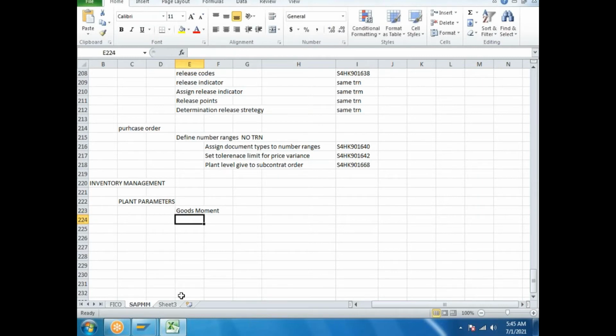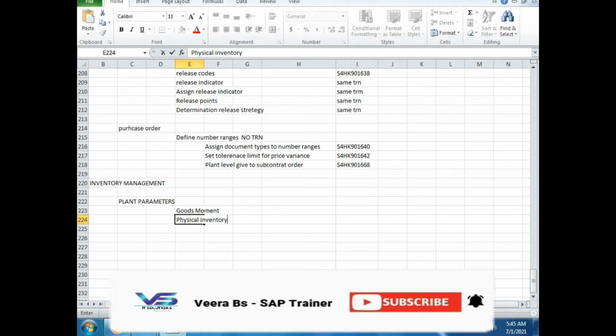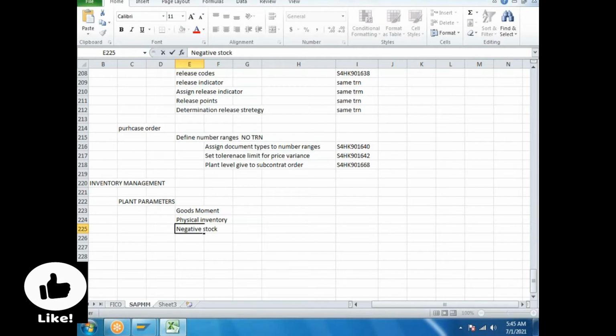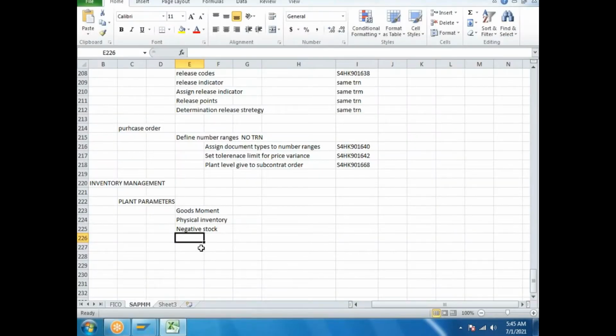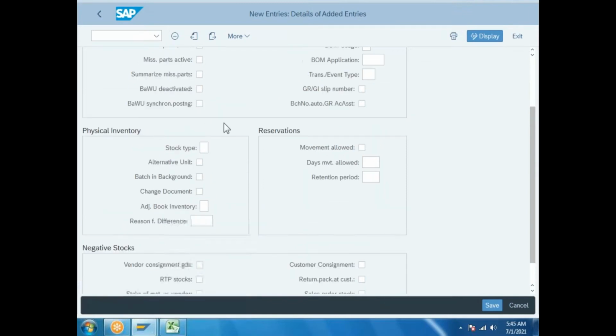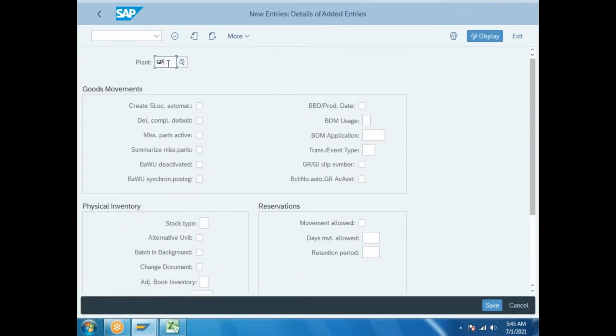Second, physical inventory. Third one, negative stock. Fourth one, reservations. So we need to activate all of it at plant level. I am going to give your plant GP.